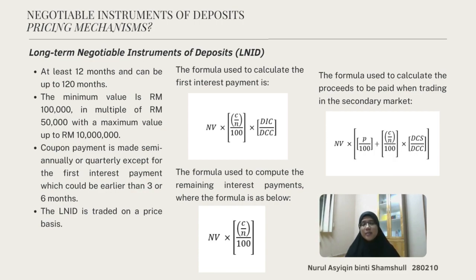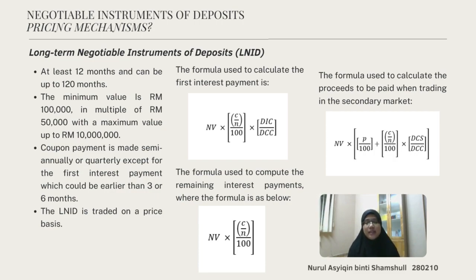and coupon payment is made semi-annually or quarterly, except for the first interest payment, which could be earlier than 3 or 6 months. The LNID is traded on a price basis, such as quoted in terms of price per 100 nominal value. The formula used to calculate the first interest payment is as below, where NV is the nominal value,